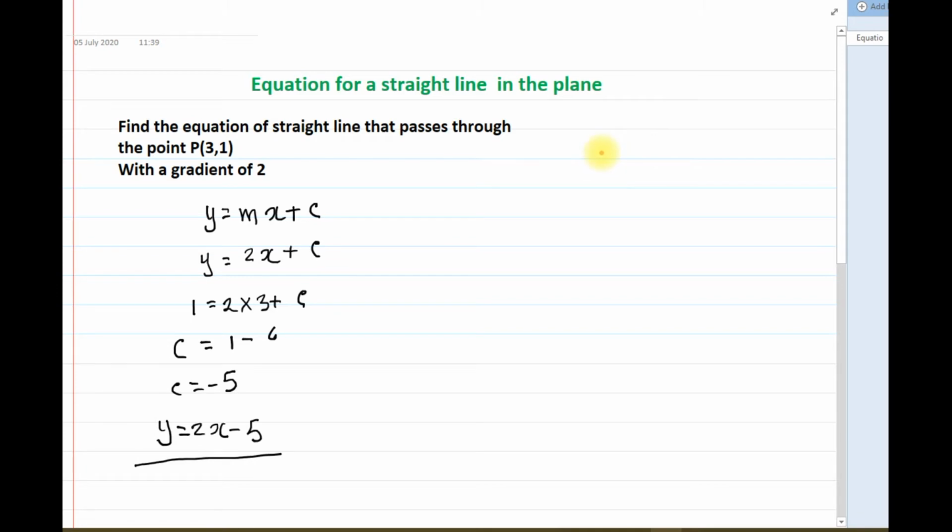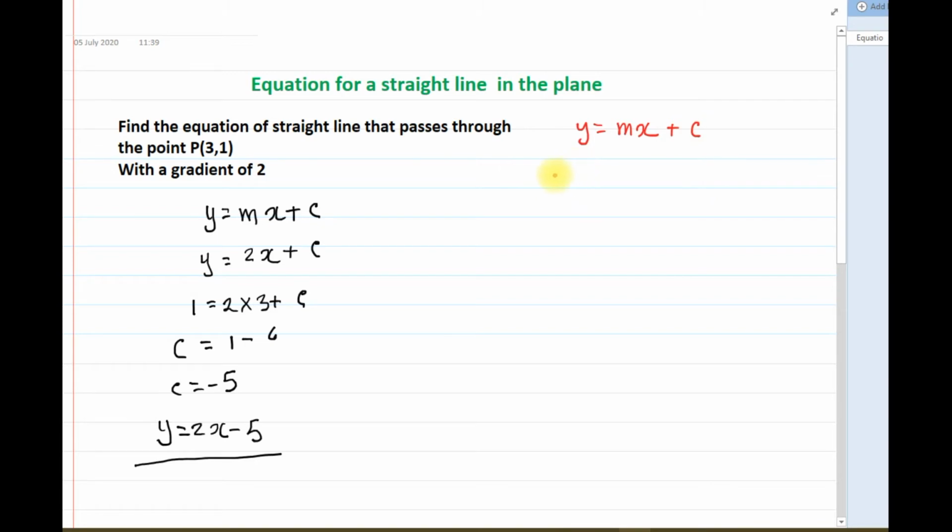It is a good time now to introduce another method of writing the equation for a straight line when we have the gradient and when we know a point, like in this case 3, 1, that the line goes through. I will first derive the equation so that you know how you can derive it if you need to. If I start with the standard form of the equation, which is y equals mx plus c,